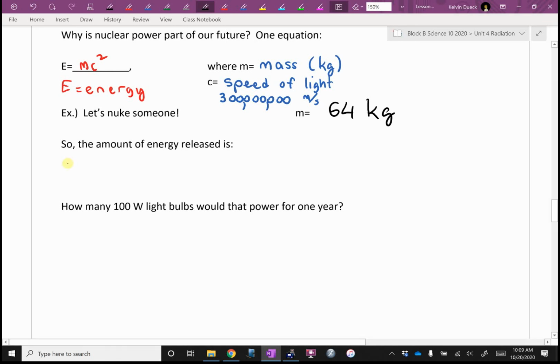So, if we want to figure out how much energy, it's going to be 64 times a 3 with 8 zeros. And then you can either find a squared button if your calculator has that,